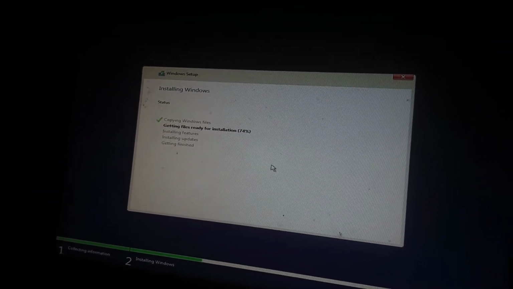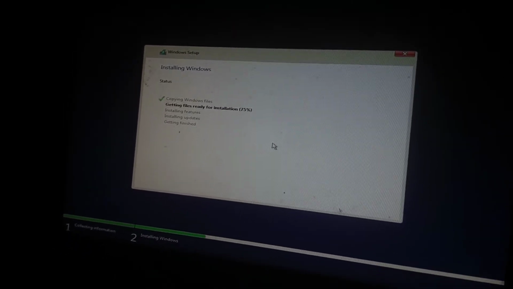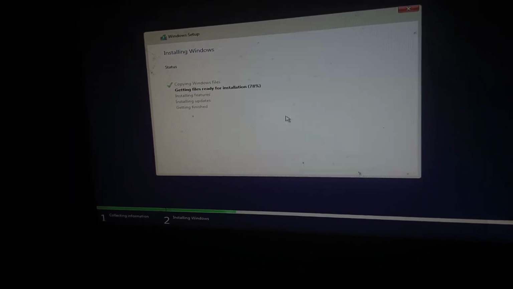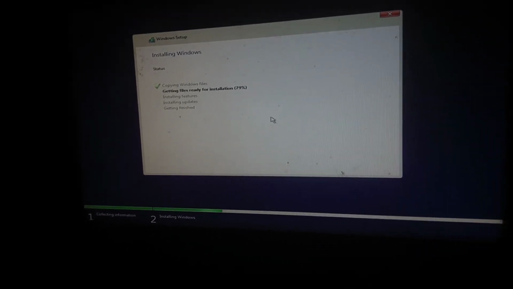If anything happens in the middle, all you need to do is the same process, guys. Select the disk. That's why I'm going by this pen drive process, guys, because it will have a safety to recover.